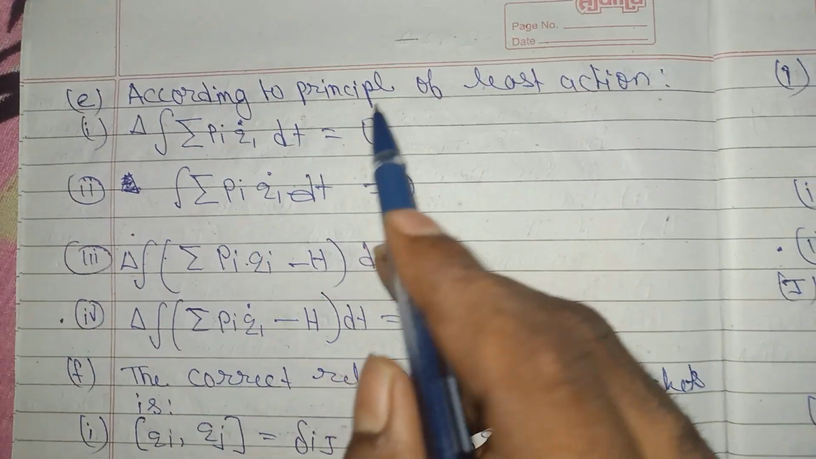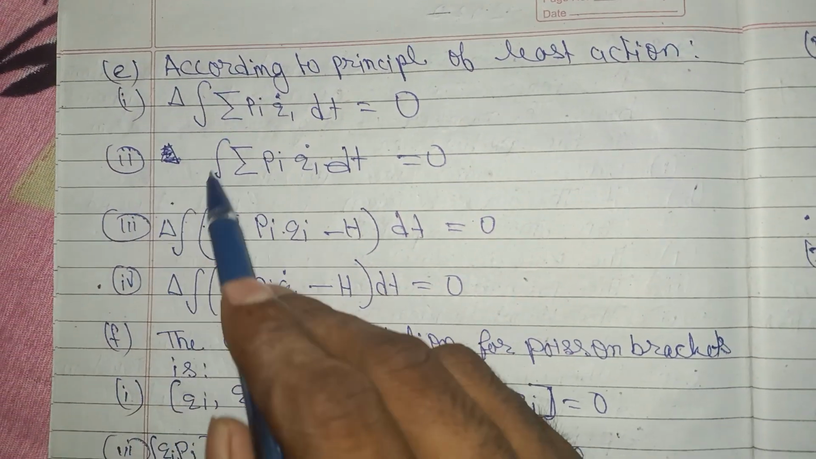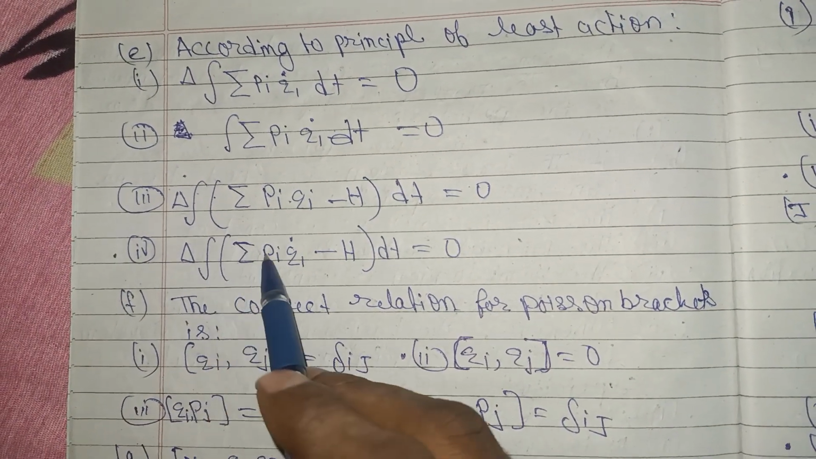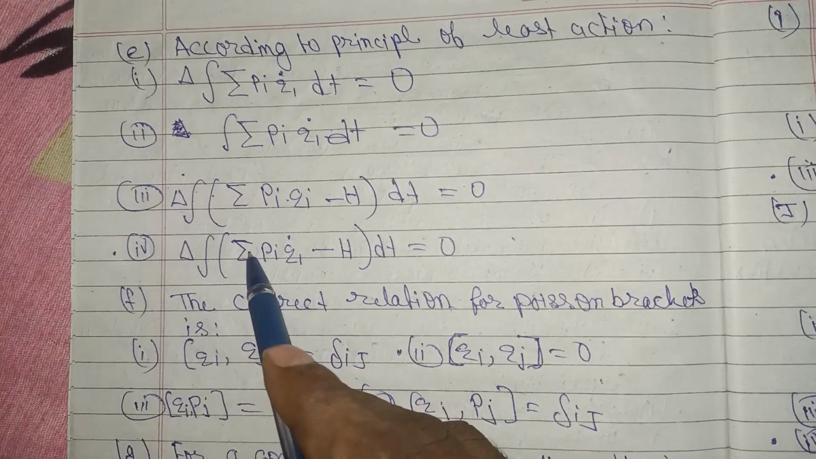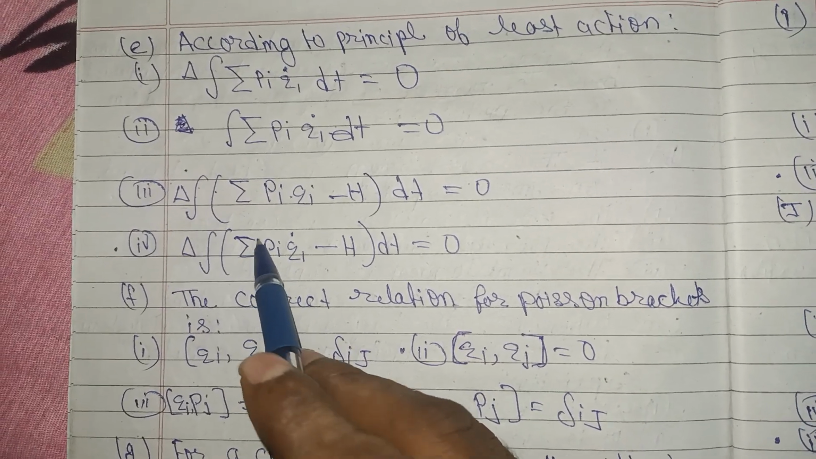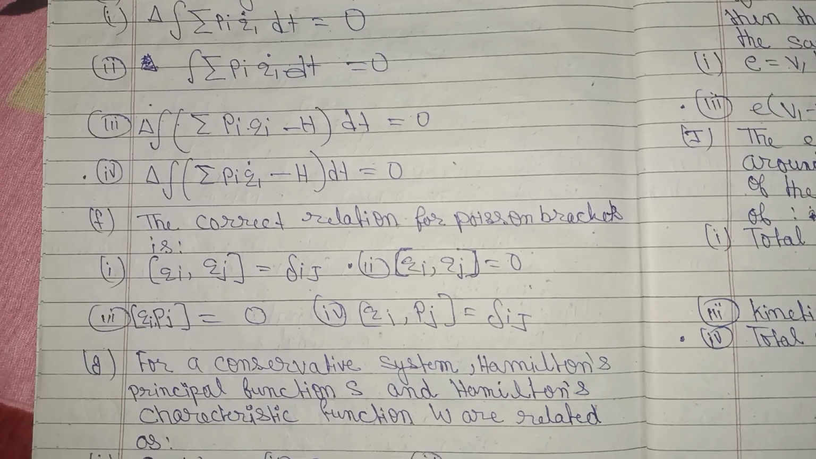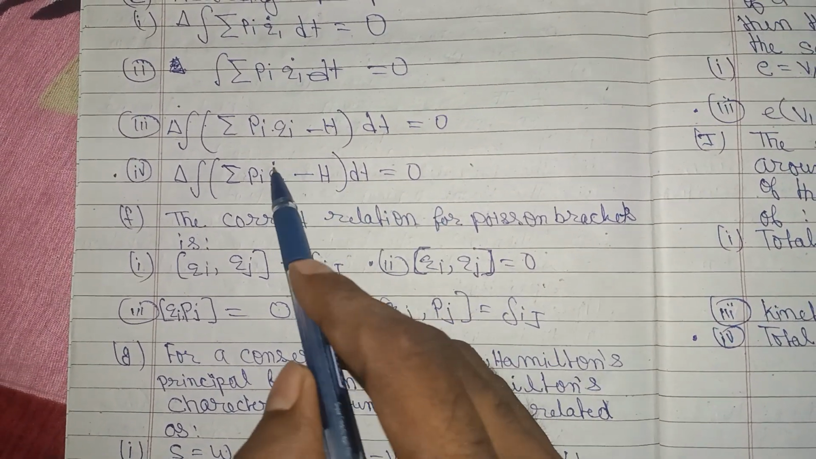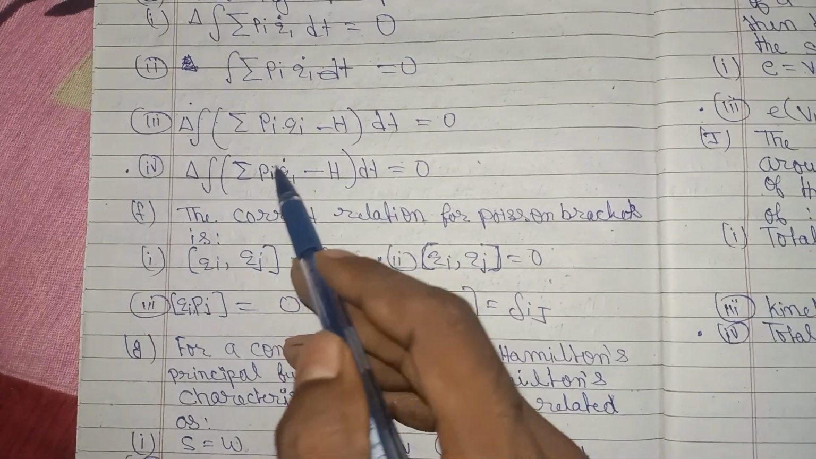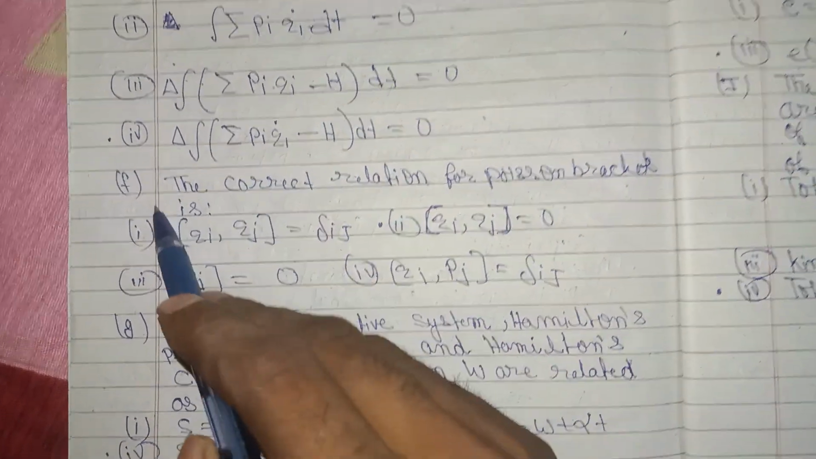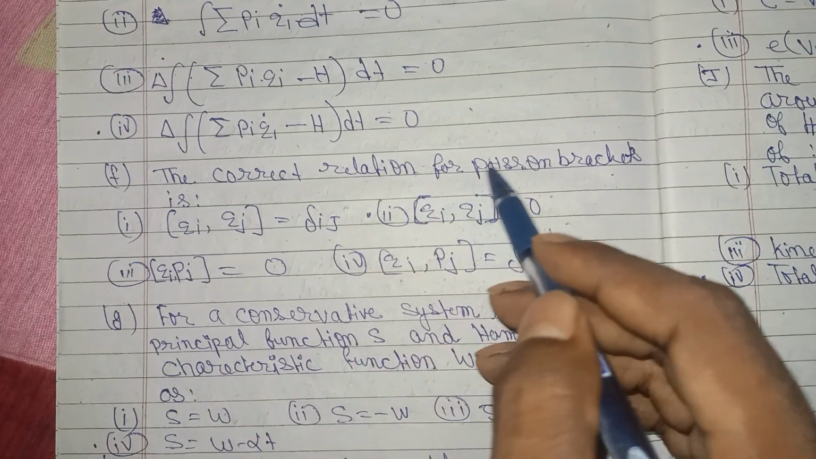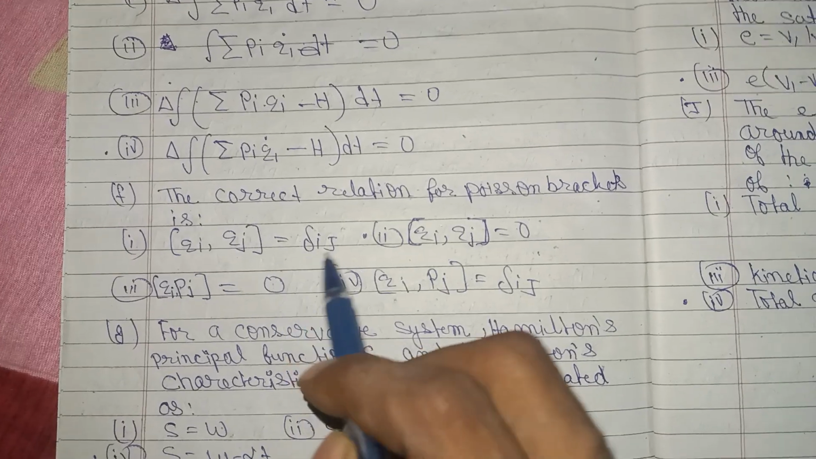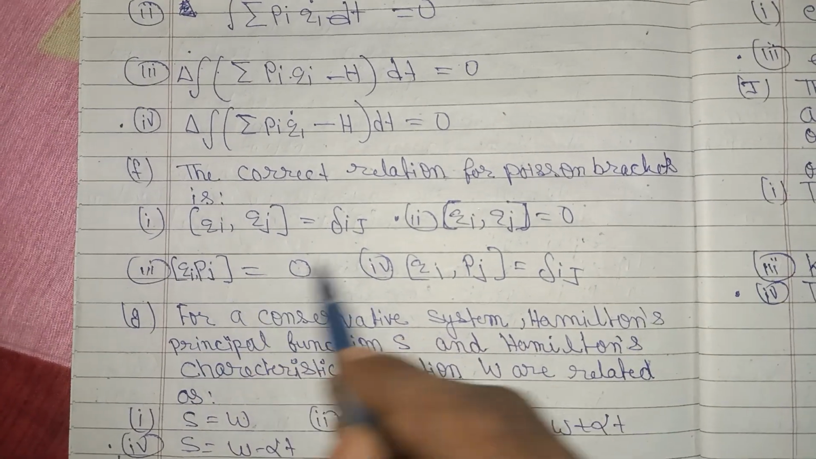Question number E, according to the principle of least action is, so you can see this, there are 4 options. The correct option is delta integration of sigma pi qi dot dt. The one that has the dot will be correct, meaning the double derivative. Question number F, the correct relation for Poisson brackets is, so the correct Poisson relation is that